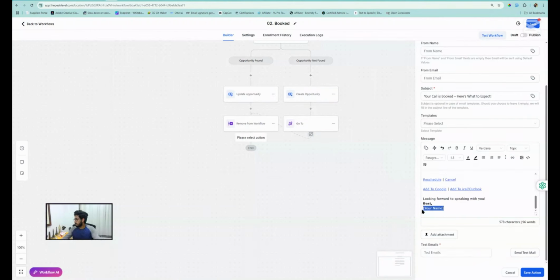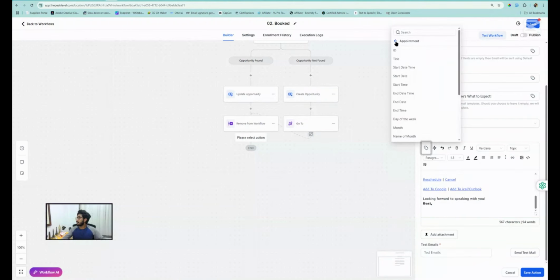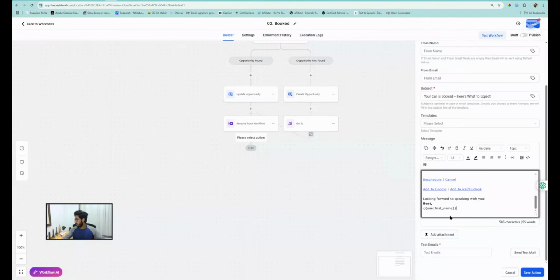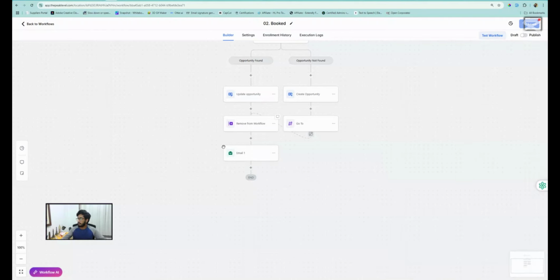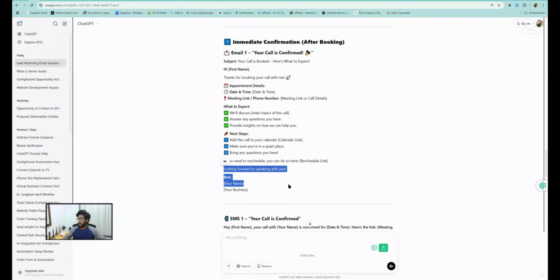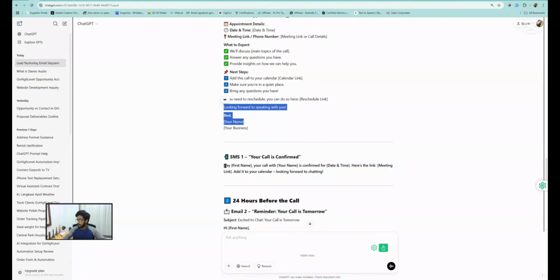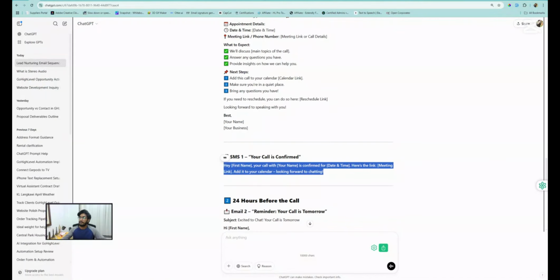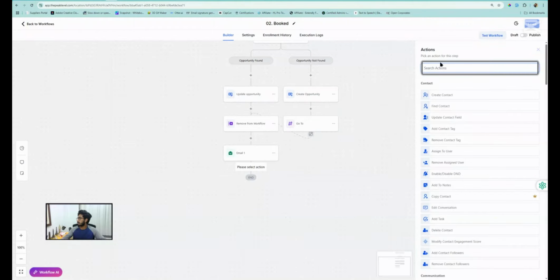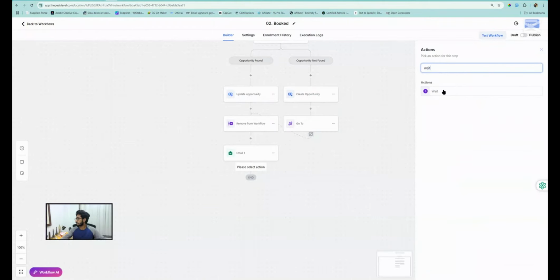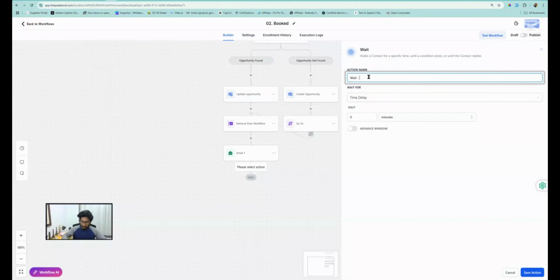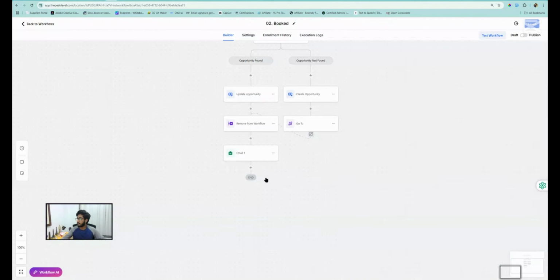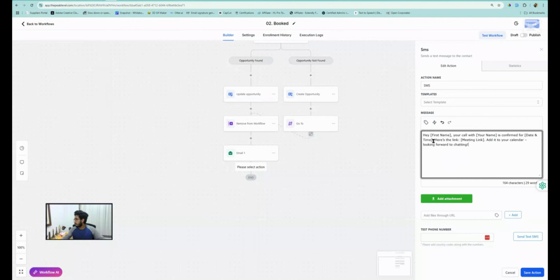Okay, and then inside your name, you can either use account name like your business name, or you can use the assigned username. So in case you want to use any of these. So that's going to be our email. And then let's copy the first SMS. Let's go here. You can put a wait for like 2 minutes, or even if we don't need to wait for 2 minutes to send the confirmation SMS, because it has to be sent out immediately. So send SMS, and then